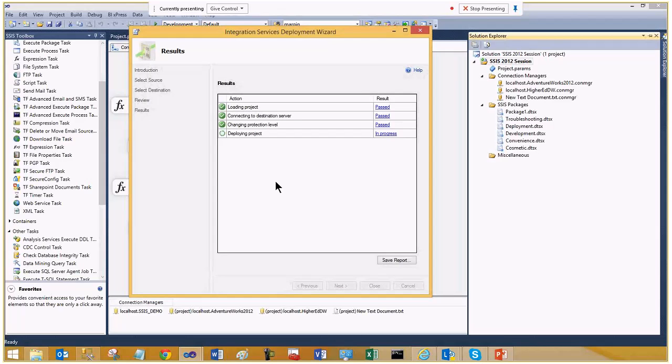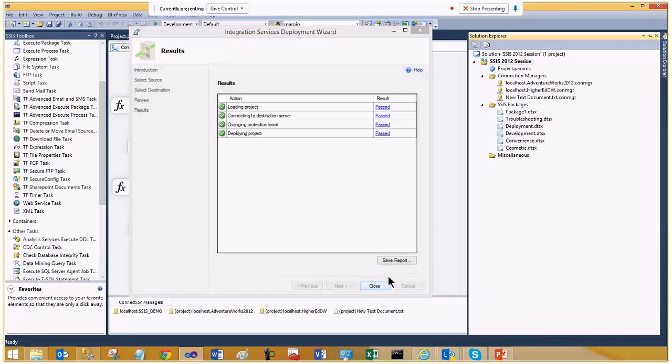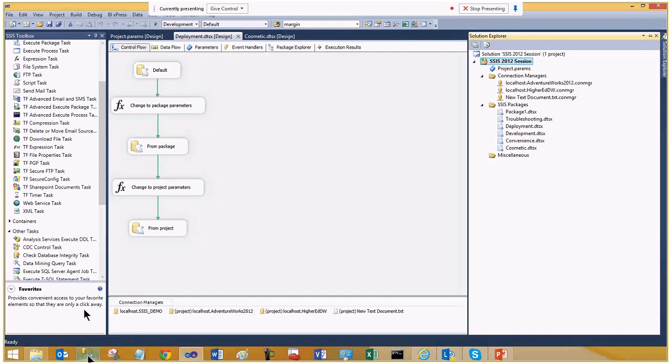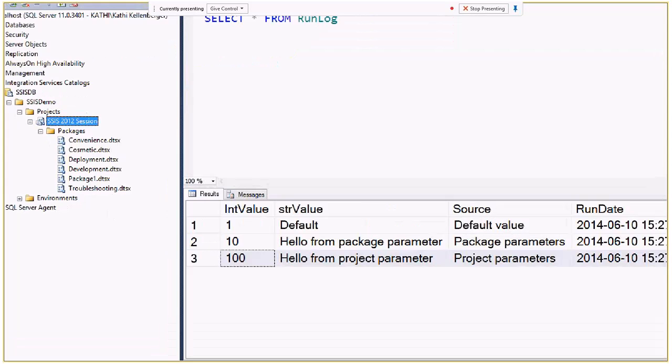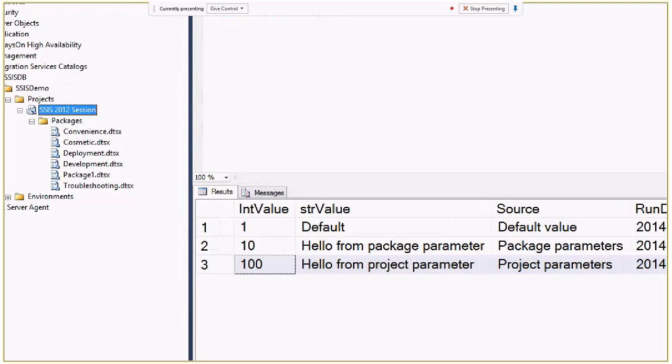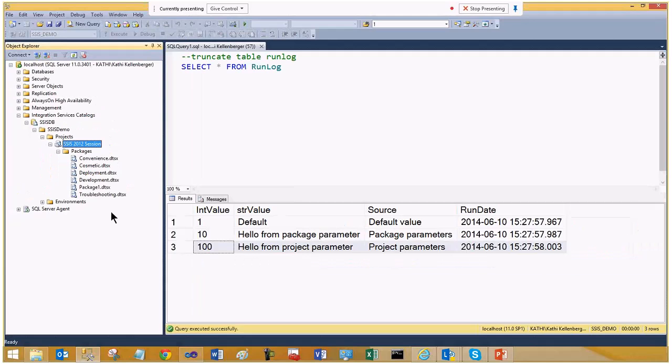Shouldn't take too long. I'm going to close that up. Now when I go back to Management Studio, I'm going to hit refresh. And now I can see under projects, I can see my SSIS 2012 session, and I can see all of my packages that I was just working with. Oops, I didn't want to cross them out. Okay, so